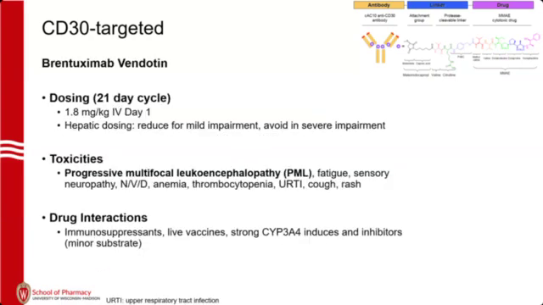Dosings here on the slide, 21-day cycles. The dosing is 1.8 mg per kilo on day 1. The black box warning to call out here is progressive multifocal leukoencephalopathy. Some more common toxicities that you would expect are fatigue, but especially neuropathies can be quite limiting with the brentuximab